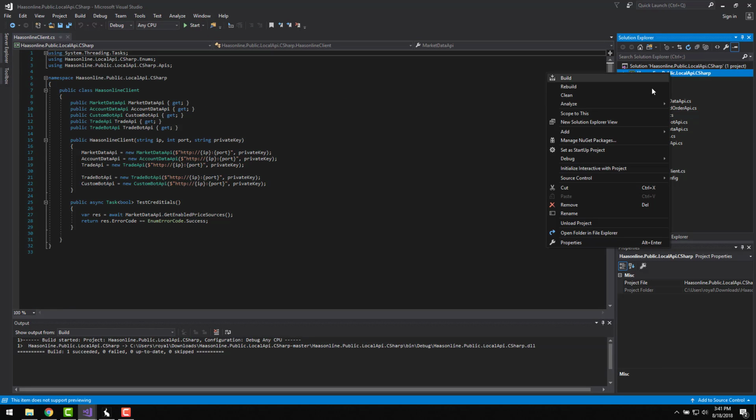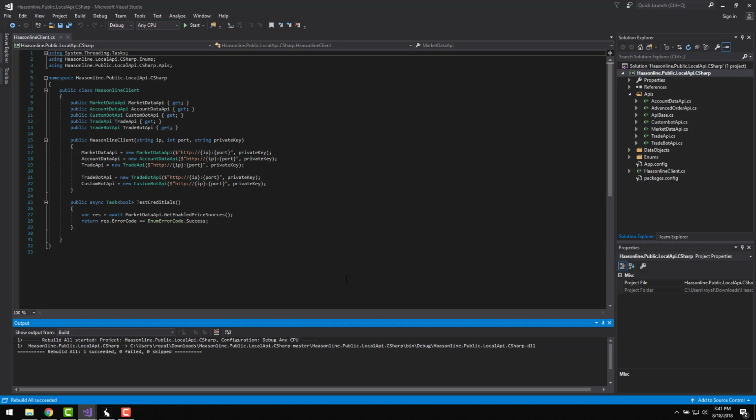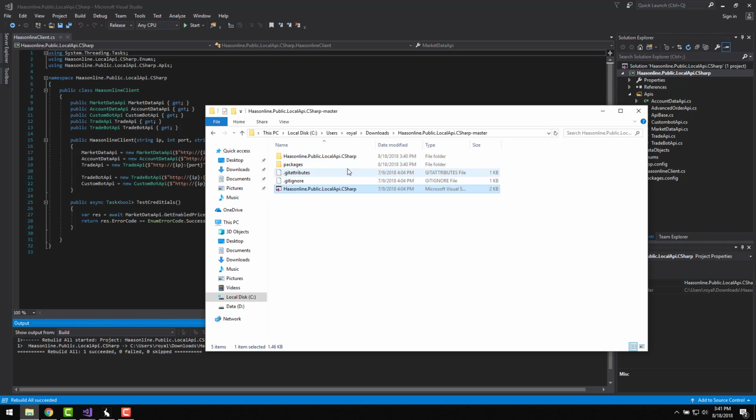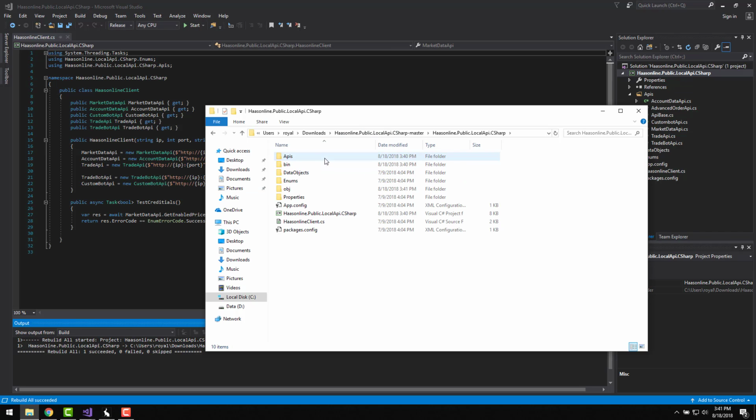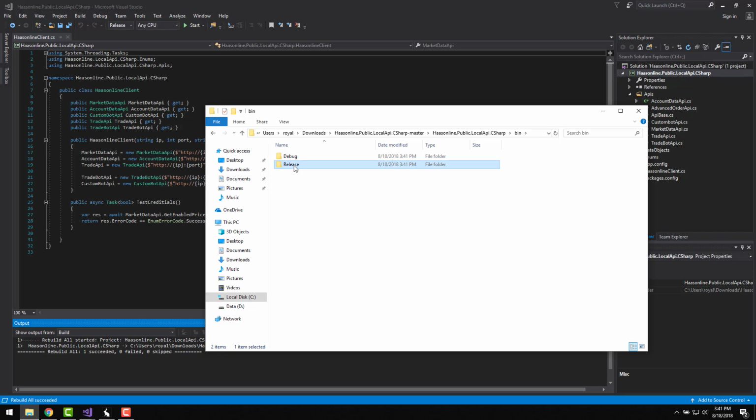And to make sure that works, we can right click the project, hit rebuild, builds fine. And since we're already going to be working with a release version, I don't want the debug information. Let's go ahead and click release, rebuild that, and that will build our release version. So now if we look over here and back into our folder, go into this, go to bin, release, we